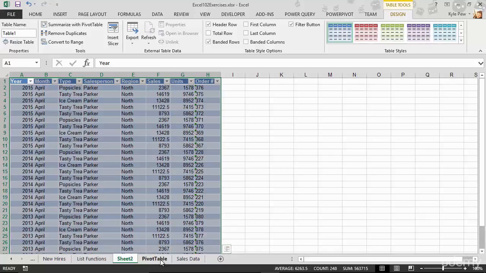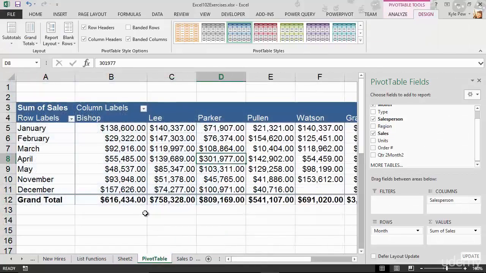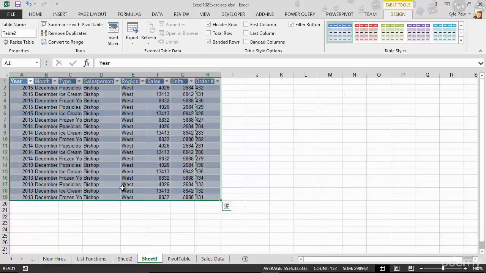I can go back to my pivot table sheet. Still got my data right there. I'm looking at, here's December for Bishop, 157,000. I give that a double click and I'm right into Bishop's data. Drill down into the details of that summarized number. Really easy to do, not much more than that, but a very effective, accessible way to get back to the